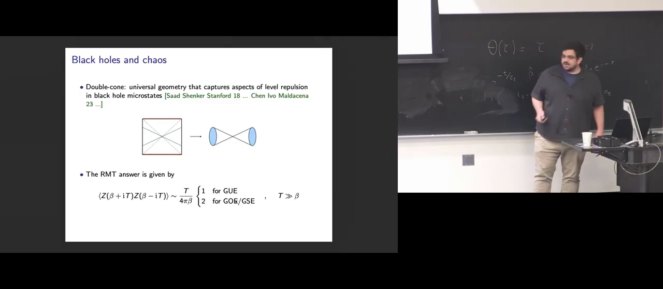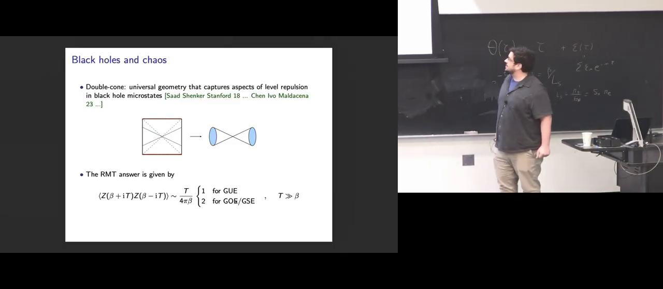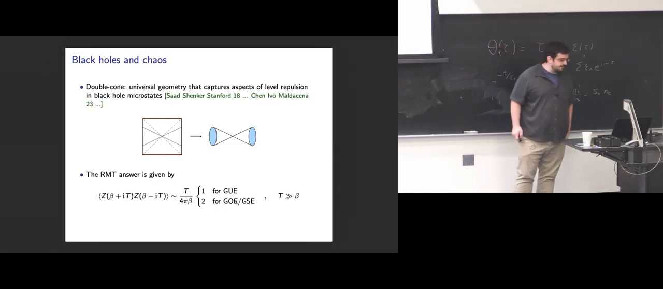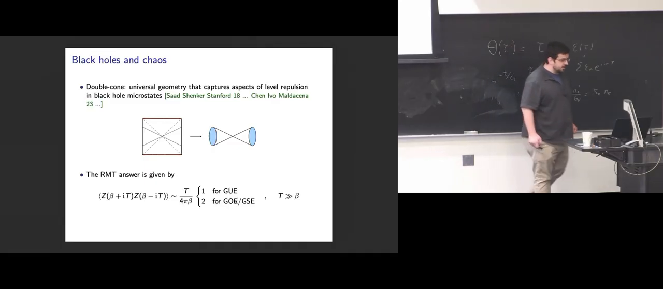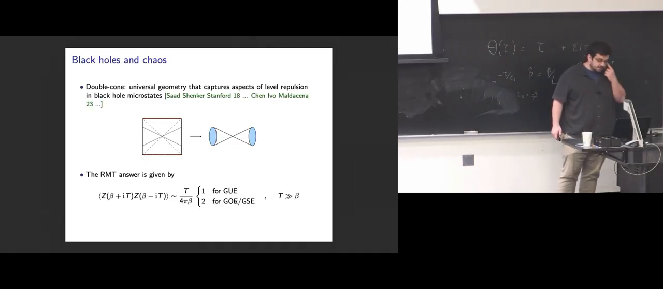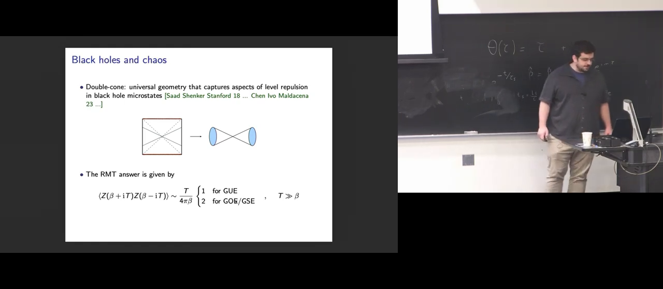Okay, so we believe, I think everyone here, that black holes are ordinary quantum systems, and they have a large number of degrees of freedom that are strongly interacting, so we expect the microstates to display some form of chaos. Universally, there is this double cone geometry that was discussed yesterday by Jonah that captures aspects of level repulsion in the black hole microstates,